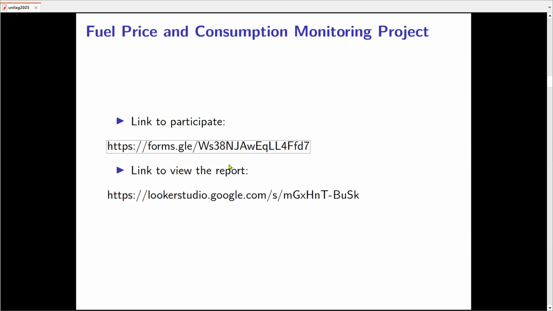So the form collects information about the fuel purchase, the vehicle type, the fuel type, and a few other things which I don't want to waste time to look at. But you can always look at submissions so far.